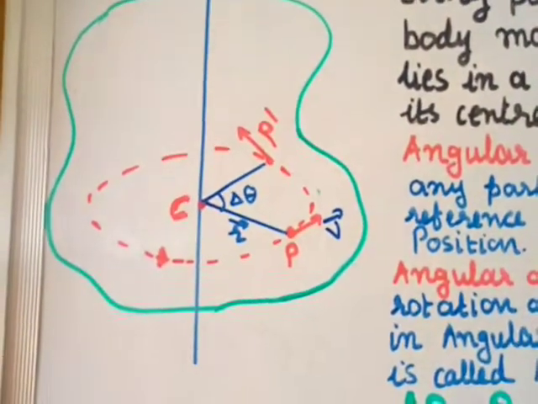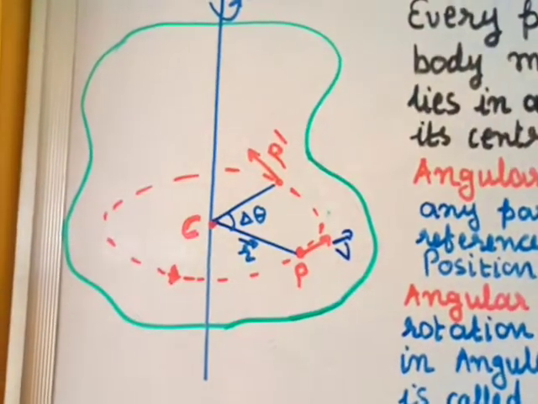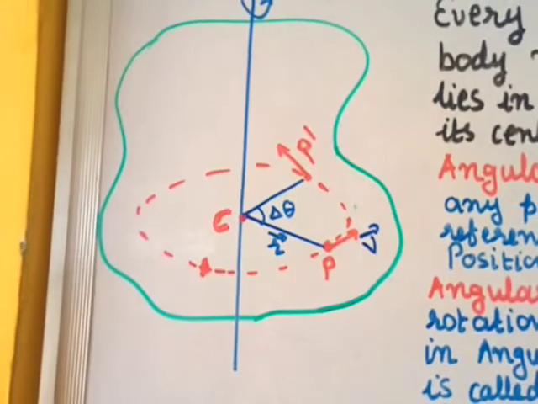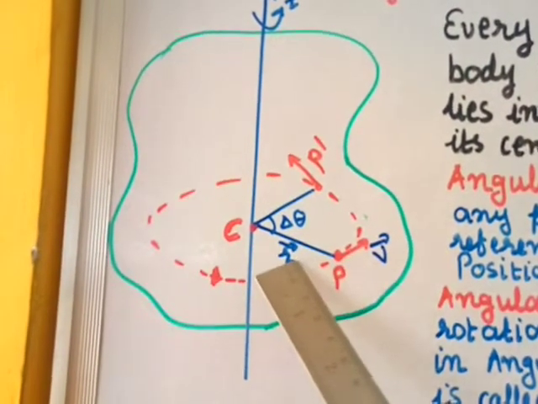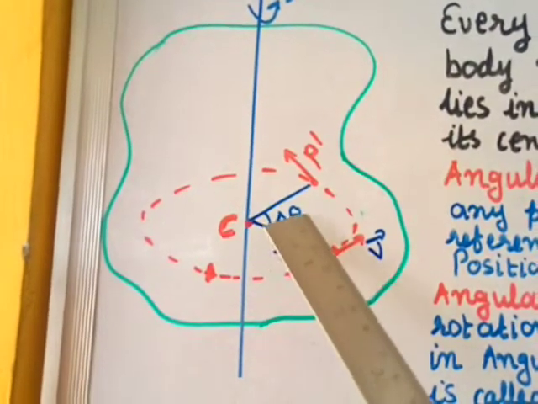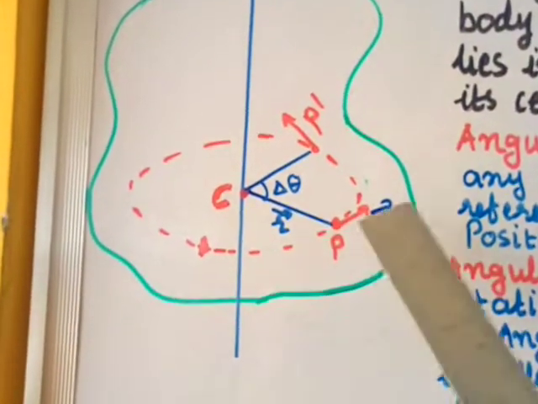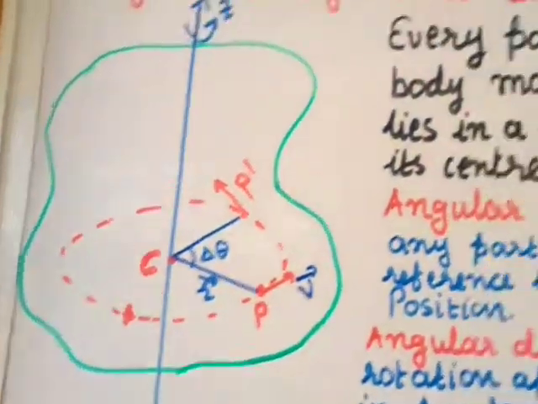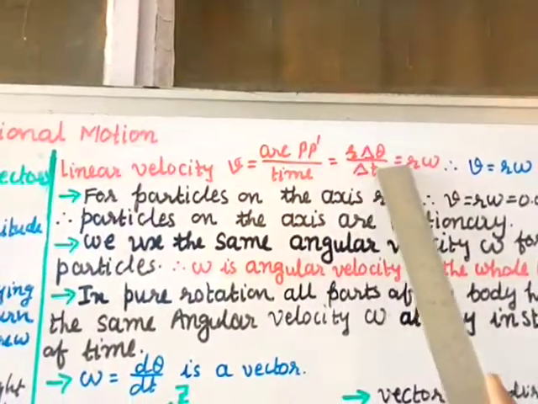But you know the relation between the arc, the radius and the angle, right? We know the relation: arc is equal to r into theta. This arc is given as delta theta into r. The product of delta theta, this angle, into the radius will give you the arc. This relation we know: PP dash equals delta theta into r. So we can use the relation and put the value of PP dash equal to r delta theta divided